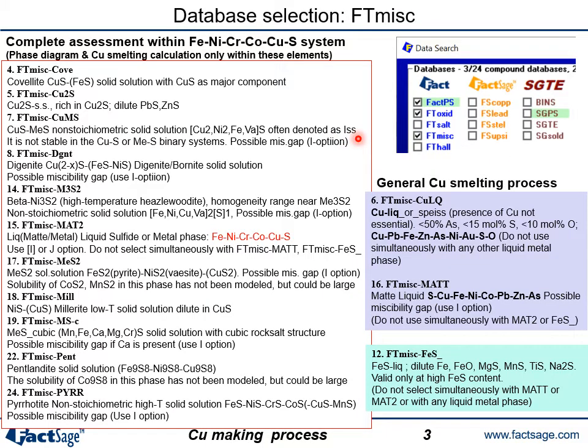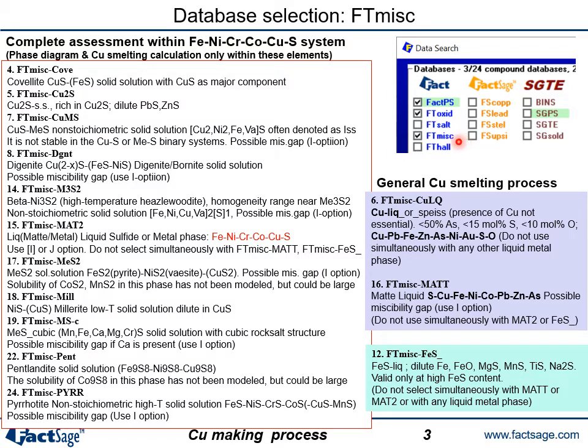Now let me show you the database we can use in the copper making process in FactSage. So typically what we are choosing for the copper smelting process is the FTmisc database, FToxid database, and the FactPS database. As you know, there are a lot of gases produced, so FactPS is definitely necessary. And then we are producing also slag and some other oxide solid phase during the process, so we need FToxid. And then liquid copper and the matte and all the sulfide minerals exist inside of this FTmisc